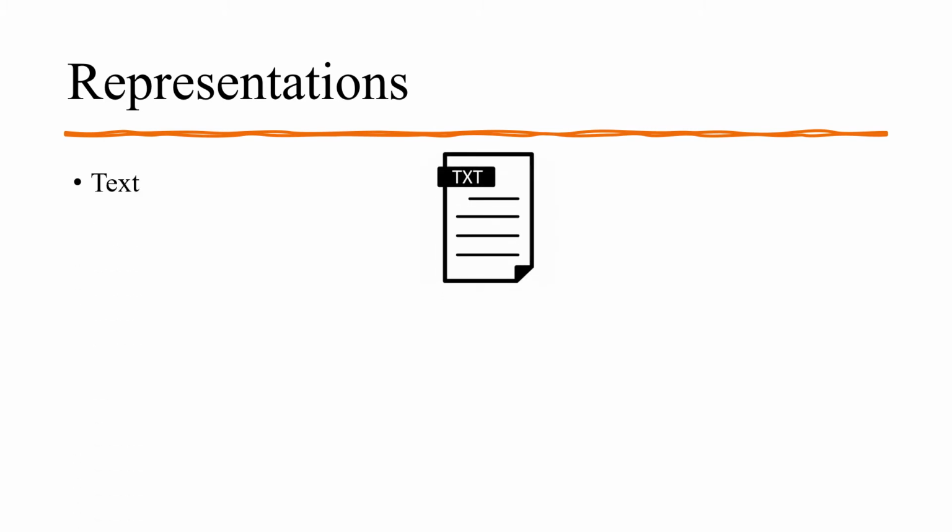Let us see some of the representations of data. The information comes in different forms such as text, numbers, images, audio and video. The first one is text. Text is represented as a bit pattern, a sequence of bits that consists of zeros and ones. Different sets of bit patterns have been designed to represent text symbols. Each set is called a code. The process of representing the symbols is called coding.